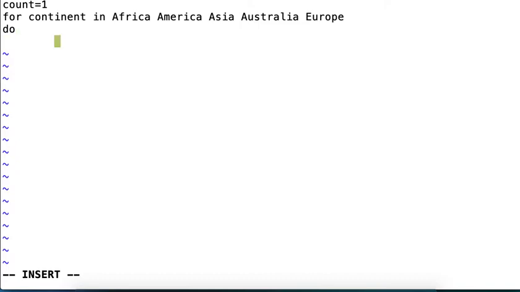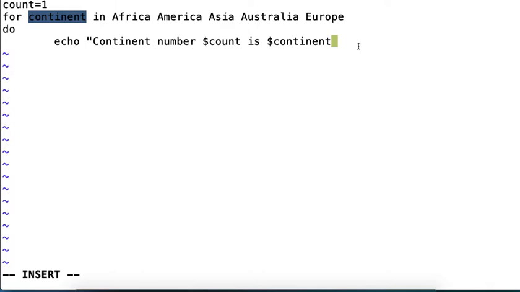Now the do is also a keyword, and then enter into the for loop block, and here number starting with 1 it will print and is then continent. So this is our continent variable. Using dollar we'll print it here. Then we have to increment the counter, so count equal to